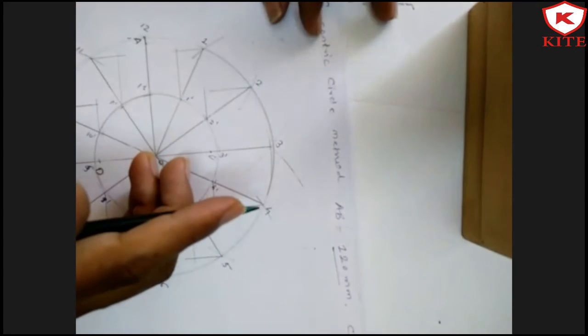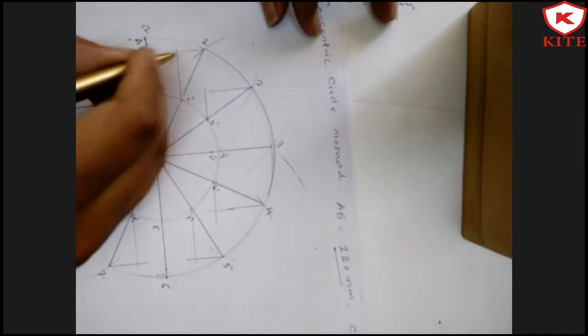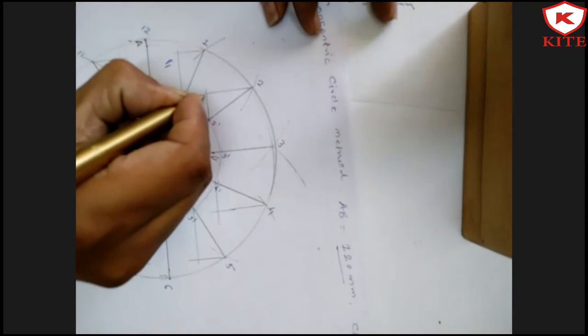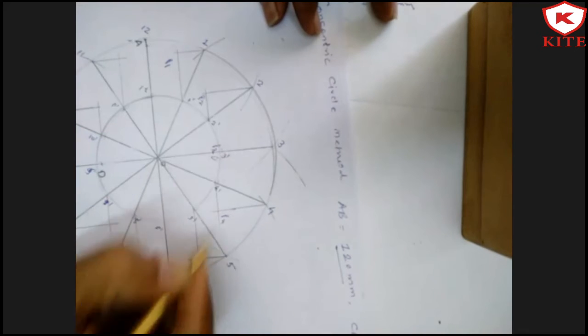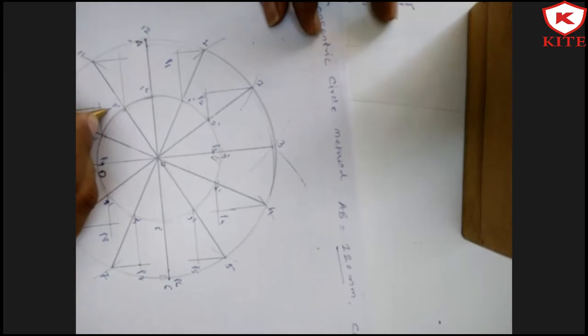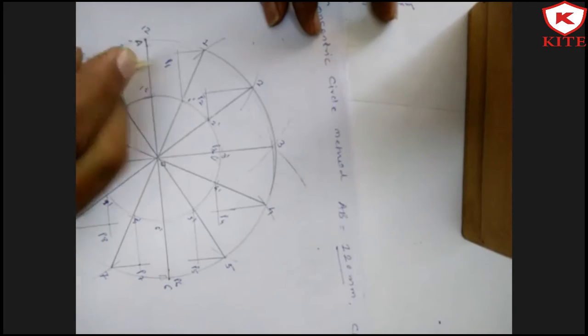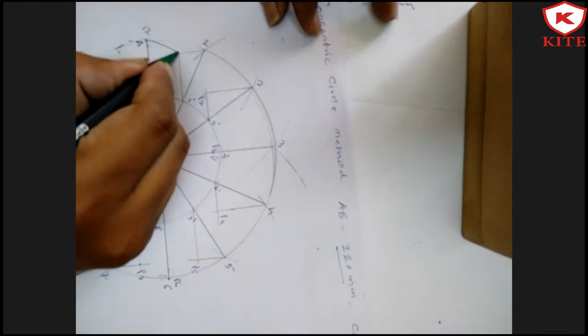Now we are first intersecting line 1 and 1 dash. This is point P1. Here P2, P3, P4, P5, P6, P7, P8, P9, P10, P11. Now draw the arc from A to P1, P1 to P2,